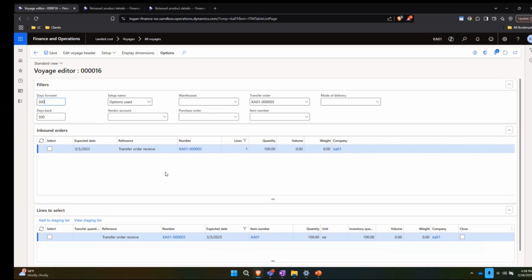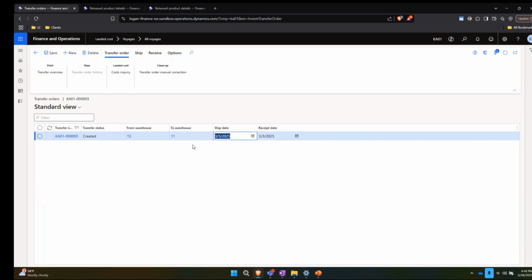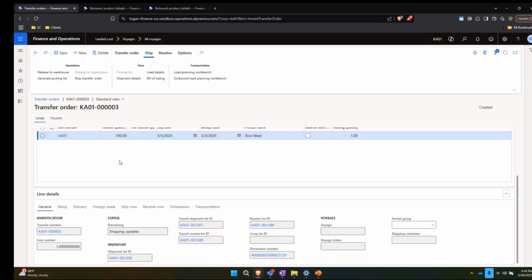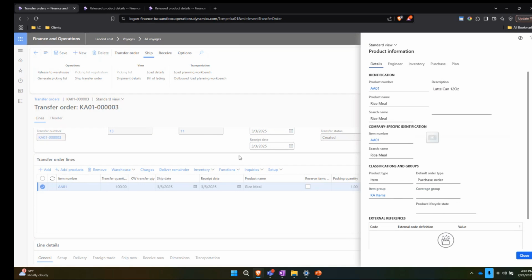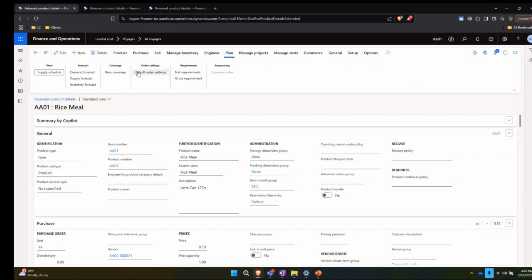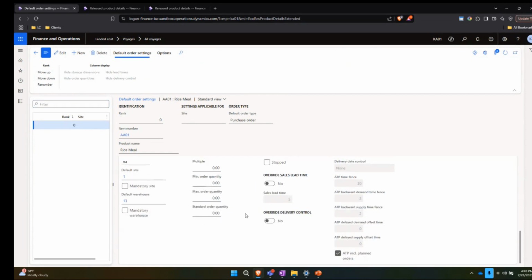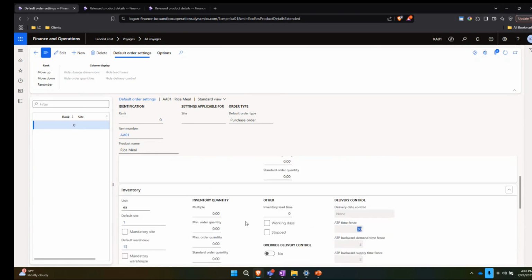I missed it, Kevin. How is that expected date being calculated? Is that lead time set up somewhere? Yeah, the expected date is calculated from the transfer order. It defaulted to 3/3 based on, I think, the item that I have selected. In the lead time on the item, default order settings, probably something like that. I didn't actually set that up as part of this demo. This might be an artifact from over into 30 days. I'll have to get back to you on exactly where that was populated because it's not 30